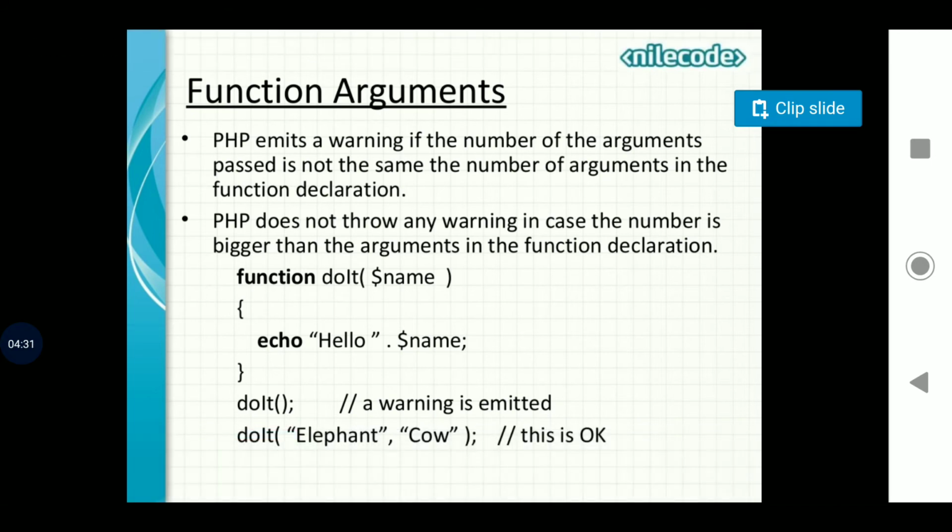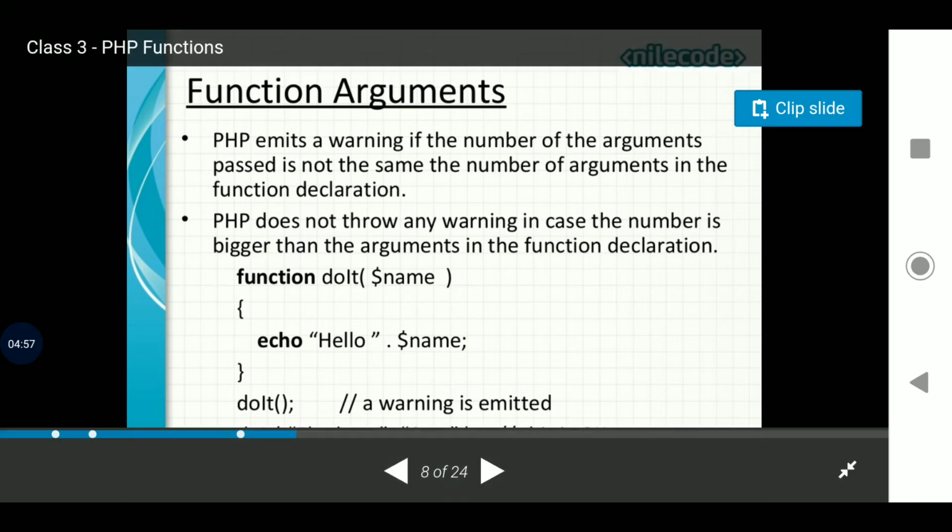Then also, PHP will emit a warning if the number of arguments passed is less than the number of arguments in the function declaration. PHP does not throw any warning in case the number is bigger than the number of arguments in the function declaration. Now in this case, in the first case, do it,